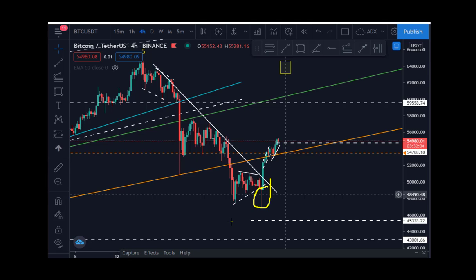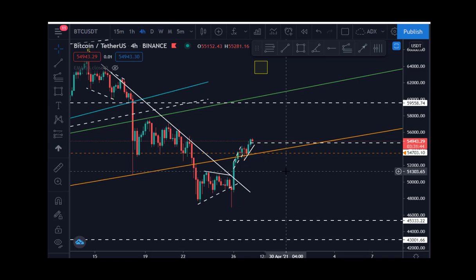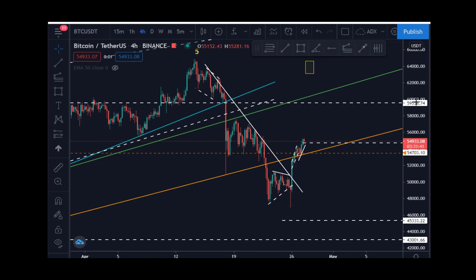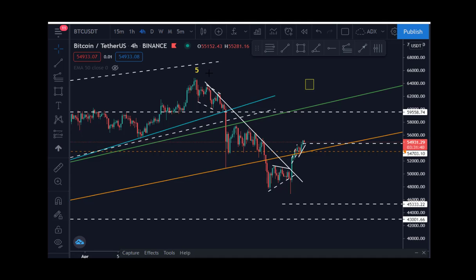Actually, this is a great target we were expecting Bitcoin to reach, but it couldn't. And you can see from here to here now, there's a very great divergence on the 4 hours, and also divergence here. So guys, why am I spending so much time on Bitcoin like this? We've been saying that there is a bearish sign from here, and we saw it. So this wave is over. We're on the bull side now, and this bull side might break the all-time high. Don't be surprised and don't be left behind.